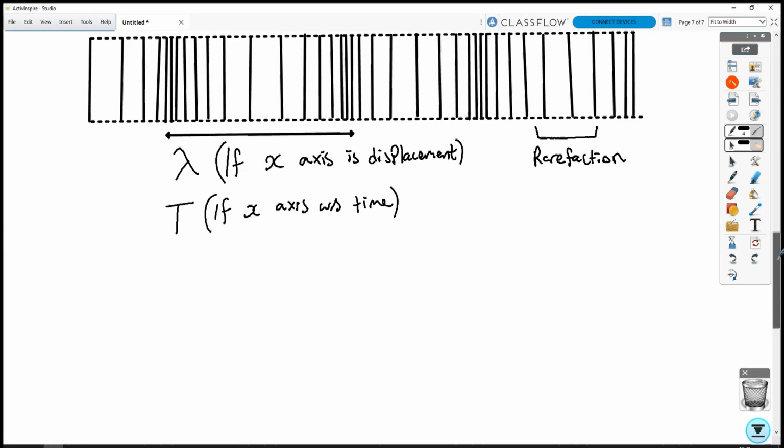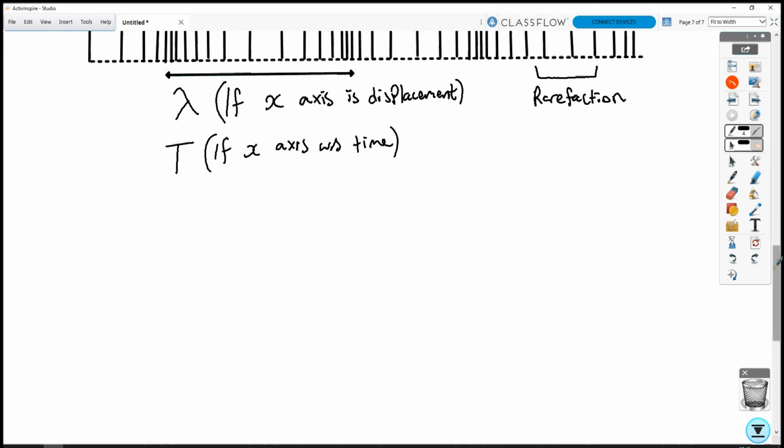And likewise with transverse waves, you need to be able to define the longitudinal wave. And as long as you are able to define the transverse wave, the longitudinal wave is very simple. It's the exact same thing. We just swap one word out. So longitudinal waves are waves in which